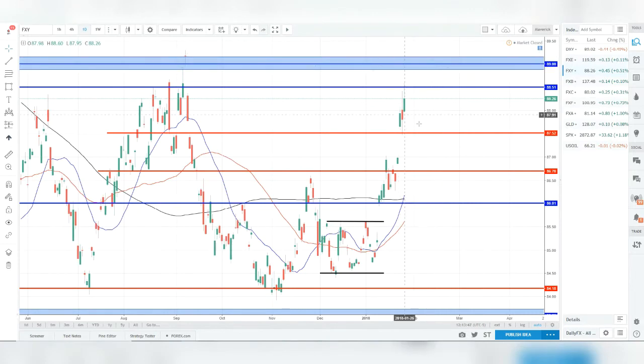Japanese yen, we have had a very strong move from the yen as well. We were down in this trading range for a few weeks, and then we blew out, and it just hasn't looked back since. We're now up at a strong overhead resistance here at 88.50. We are in an uptrend, and again, we want to be looking for longs with this pair as well. However, we need some kind of pullback or